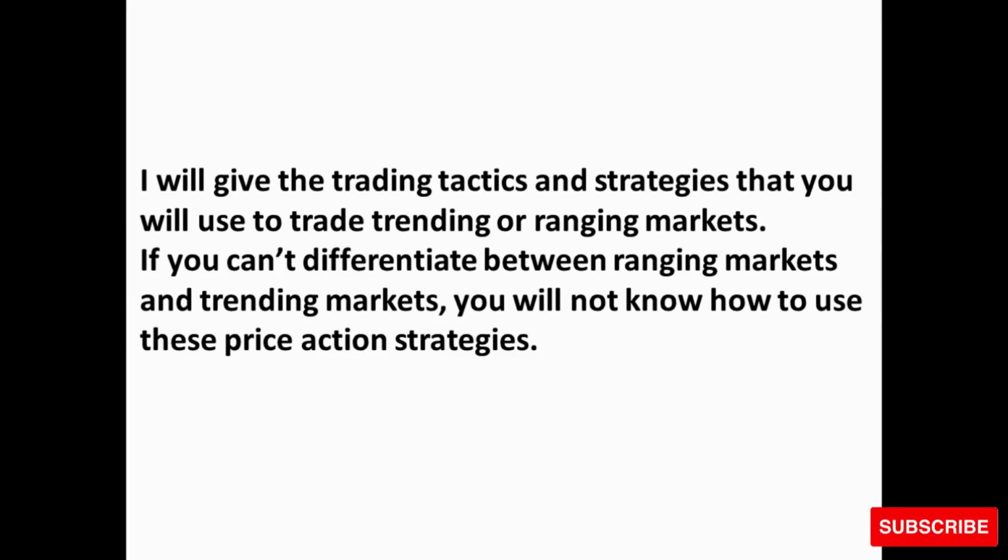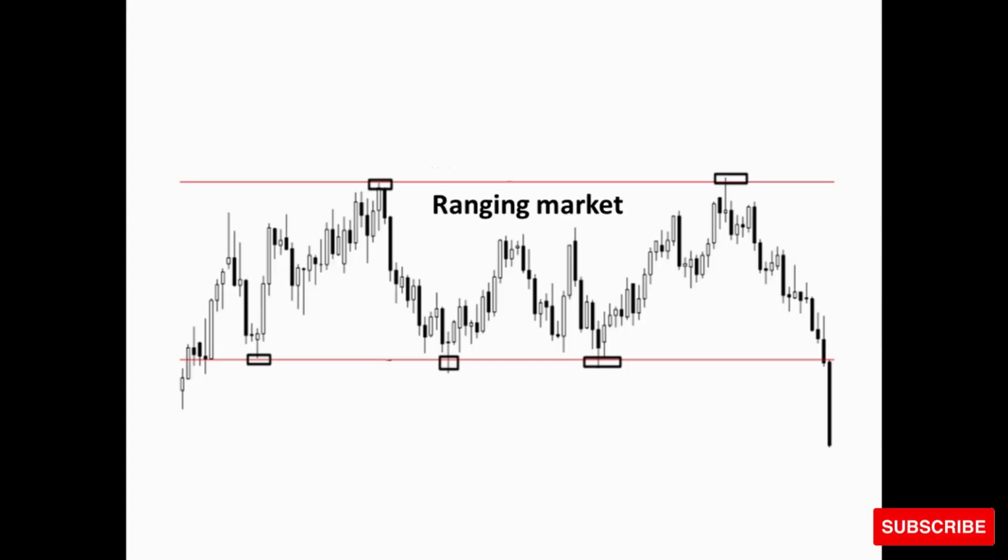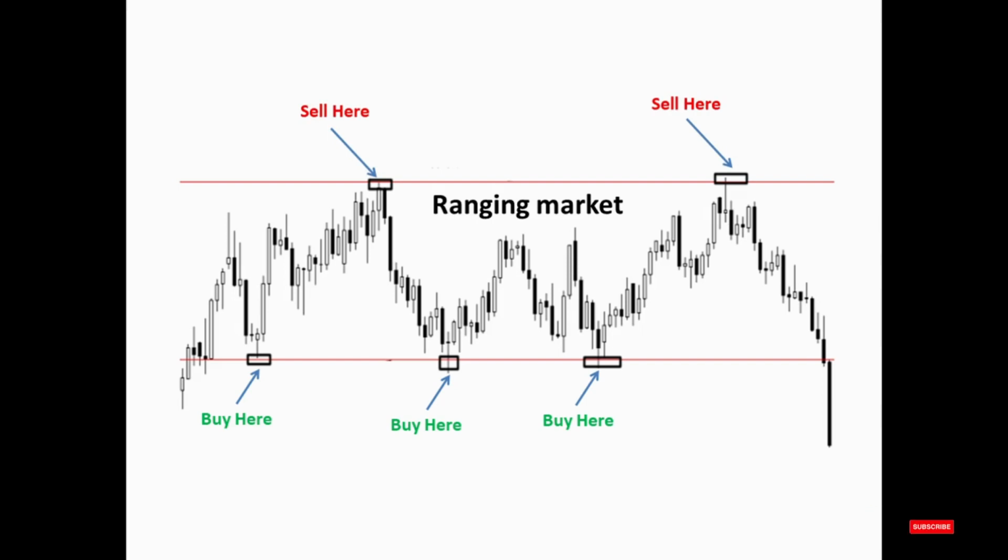strategies. The first way to trade ranging markets is by waiting for price to approach a support or resistance level, then you can buy at a key support level and sell at a key resistance level. Let's see an example. As you can see, the market is moving horizontally. In this case, the best buying opportunities occur at the support level, and the best selling opportunities occur at the